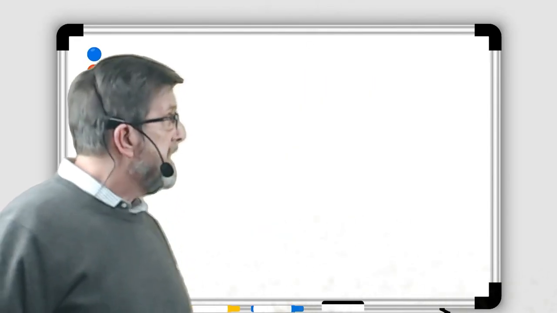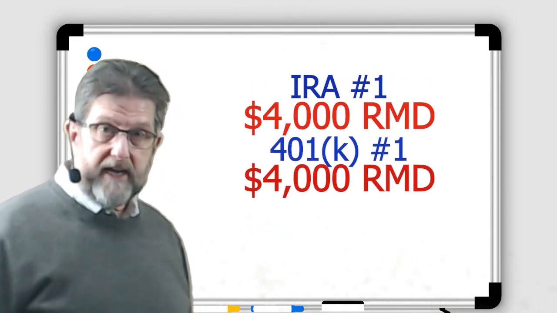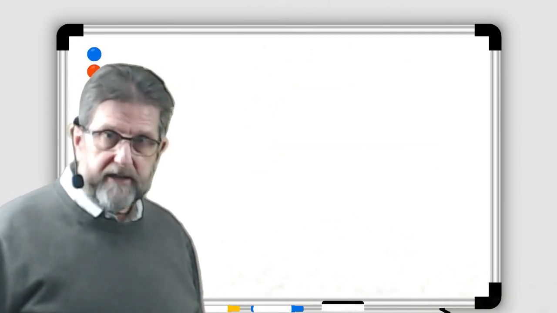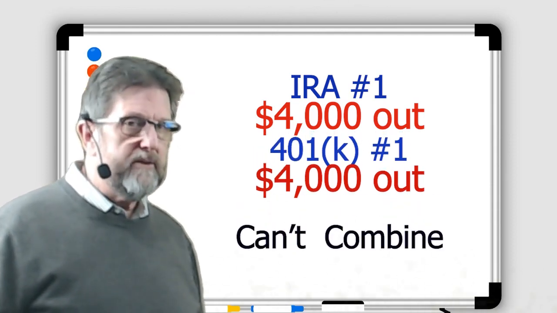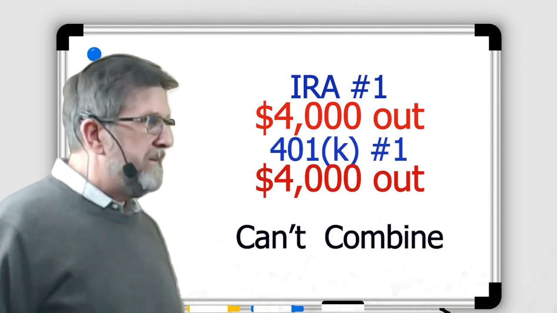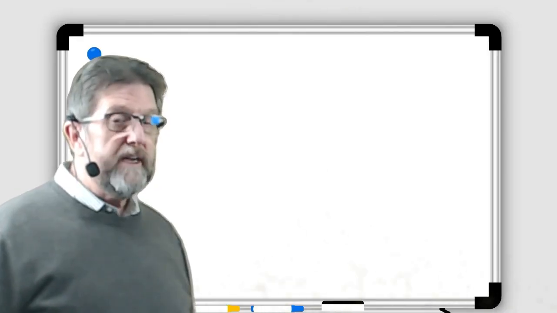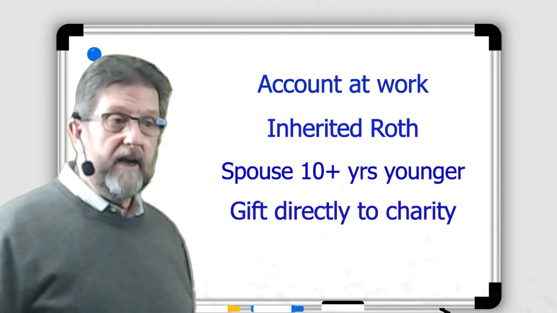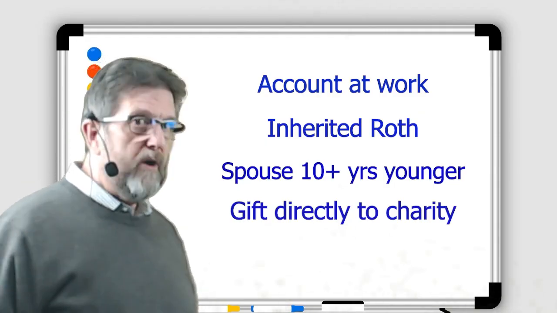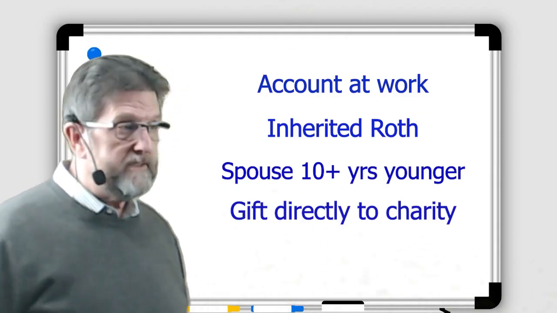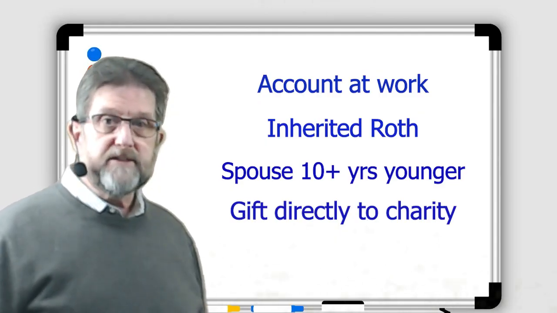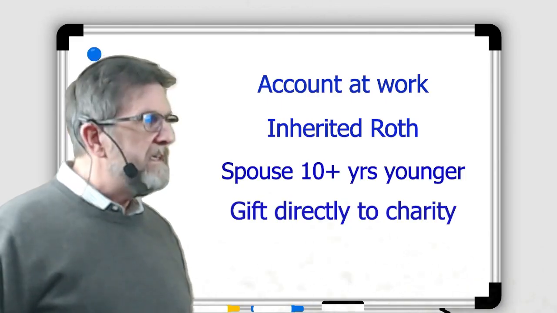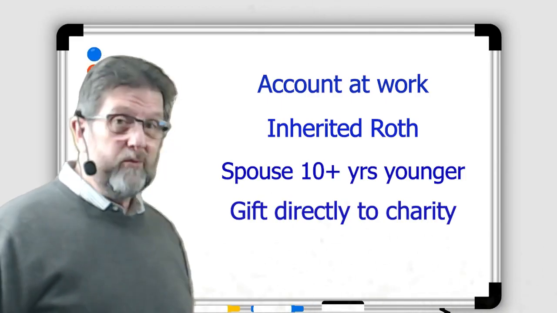If you have an IRA and a 401k, for example, two different types of accounts, now you've got two different calculations. You can't lump them together. You've got to do it separately. There are other rules: if you're still working and you have a plan at work and you're in your 70s, maybe you don't have to draw from that account. If you inherited a Roth IRA from someone that's in their 70s, it's another thing for you to have to consider. And finally, if you're charitably inclined, and you have to take money out but you really don't need it,